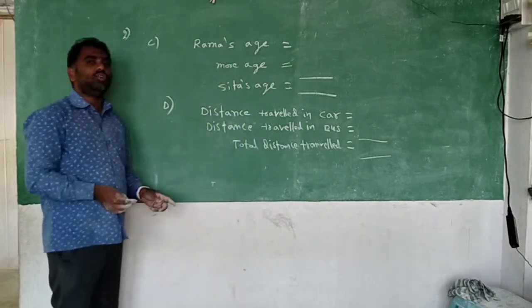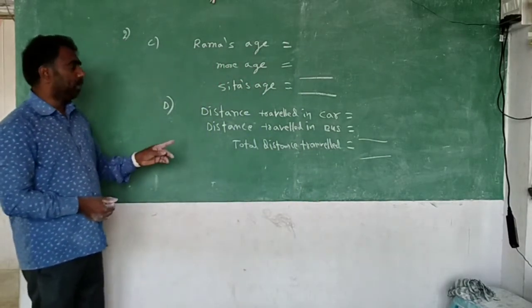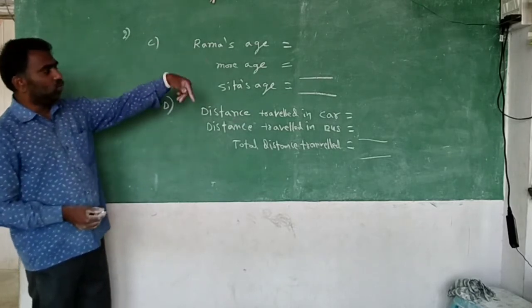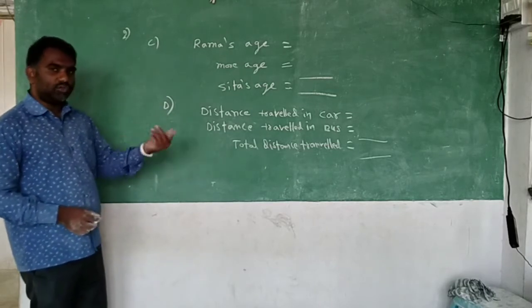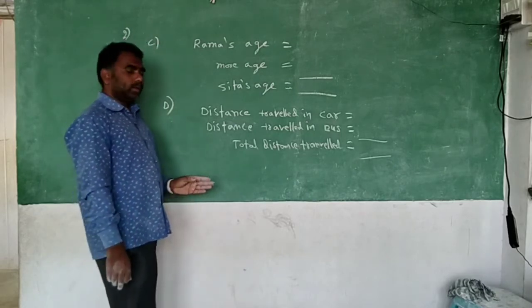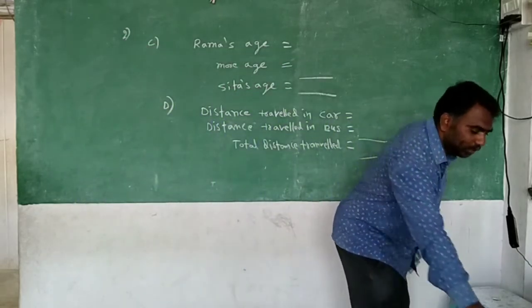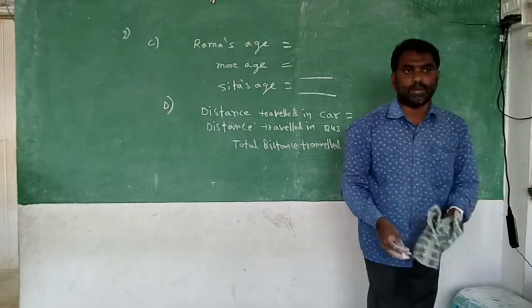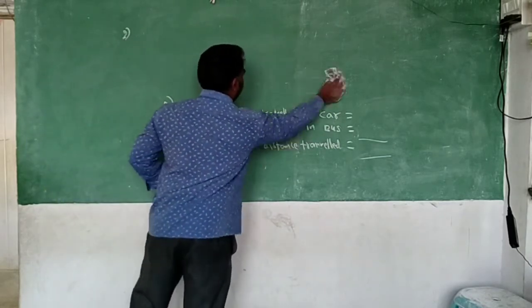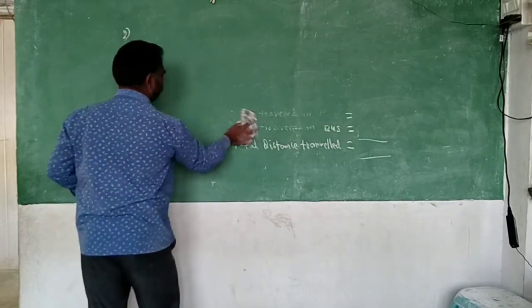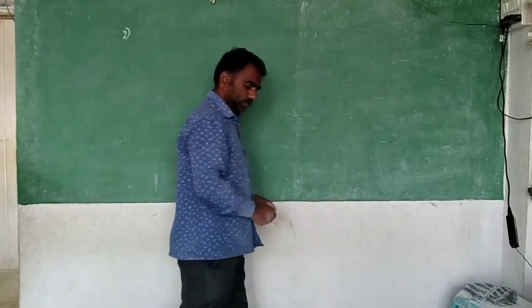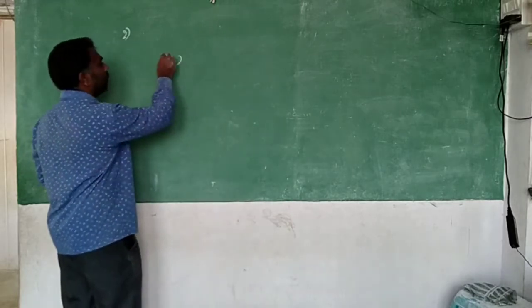Now once again I said to you, pause the video. After pausing, write these all verbal steps. After writing, if possible, do the answers also. Then after, continue for the next question. The next question is E. Okay, did you complete? Yes, you have completed. Then I am going to explain the last one, that is E. Last verbal problem.